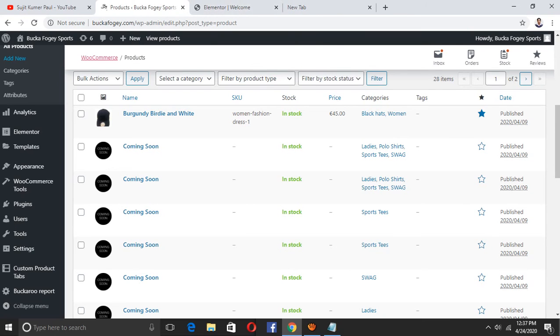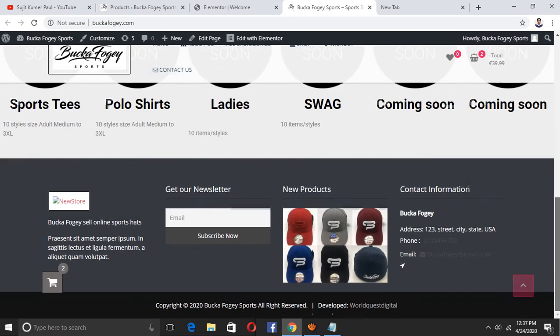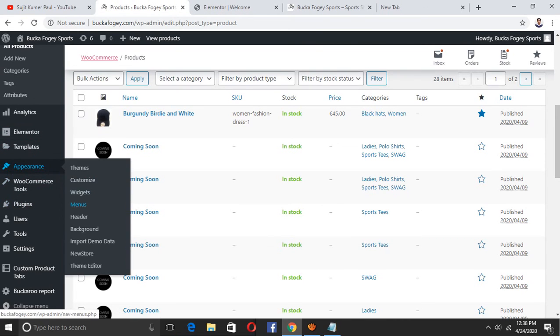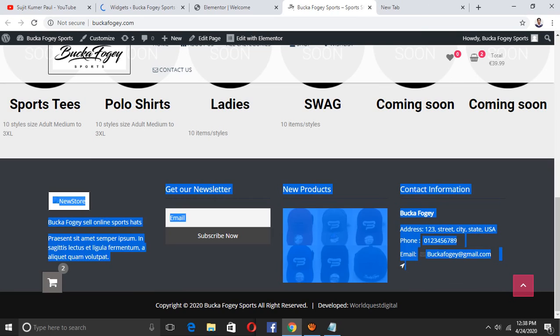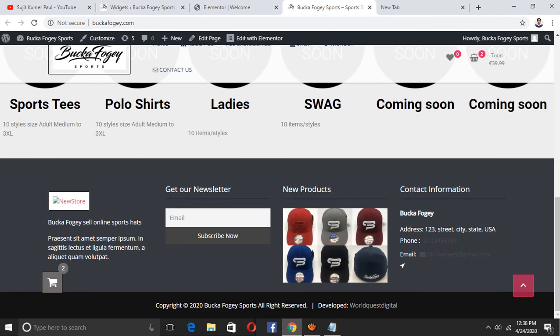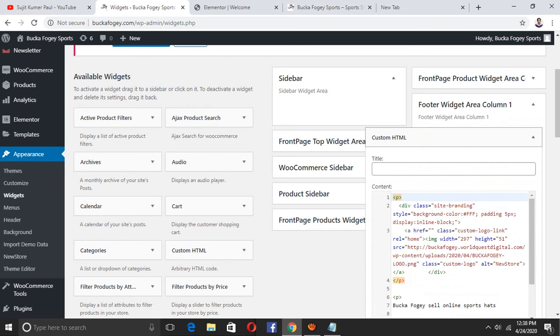And if you want to change something here, then you go to appearance, widget. If you want to change some text here, you go to widget, then you can see the first box here.